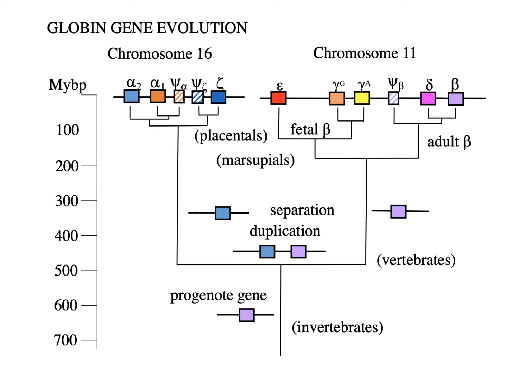By about 200 million years ago, mammals first appear, and most of them were marsupial mammals, where now there needed to be a transfer from the air to the lungs of the mother, into her blood, and then into the fetus's blood, and then into its tissues. By about 110 to 120 million years ago, the first placental mammals appear, and the demands for oxygen are greater